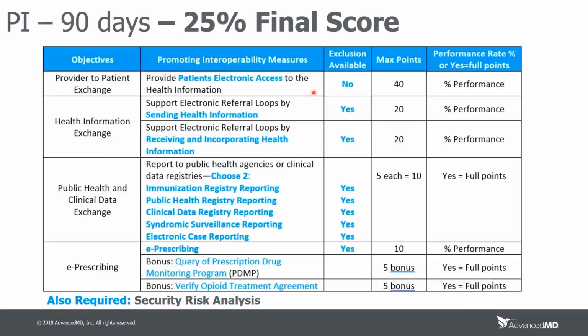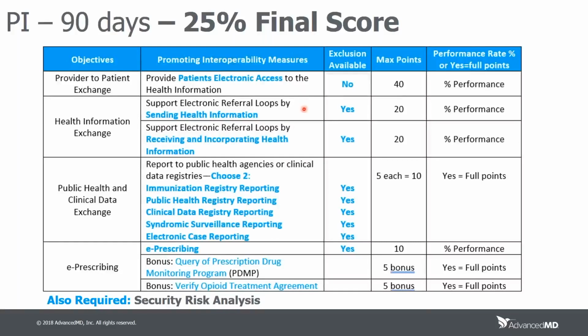So we've got our 6 measures that are required. And then in this, we also say, is there an exclusion available? What the maximum points are, and then how those points are going to be received. So your score, it's either going to be a performance rate, so how well did you do of all the patients that you should have set up with the portal, for example,